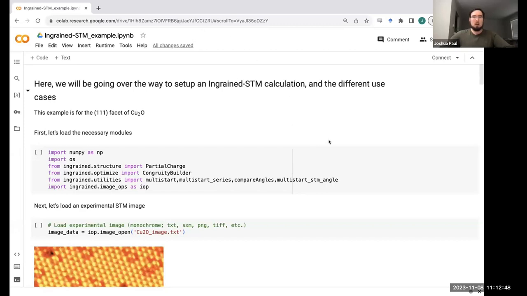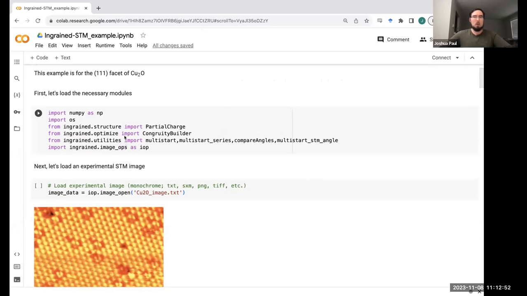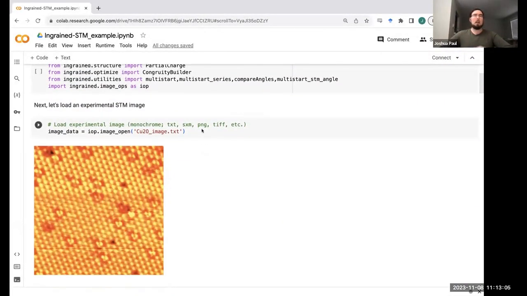So to start, you need to load various modules. NumPy is fairly standard, but we have various Ingrained tools that need to be utilized as well. The first step to any Ingrained optimization is having an experimental image. If you don't have an experimental image,